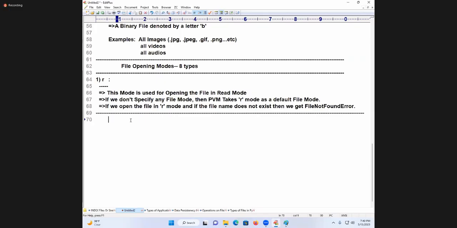Next, I will take it. Second one is called what? W. So shall I cover this W tomorrow or today? Tomorrow I'll cover it better, because if I cover it now, it's a waste of my time. Tomorrow you'll forget and come to the class. I don't want to go for it, because when I cover W, immediately I have to cover A also. You will not remember, because tomorrow the first half an hour I will cover file opening modes, file syntaxes, and coding will start immediately.